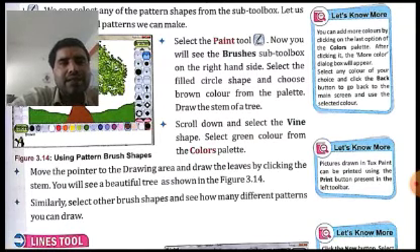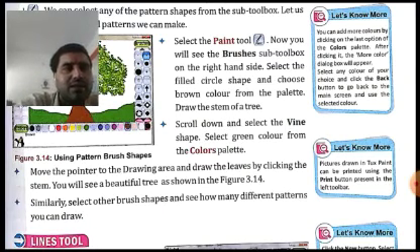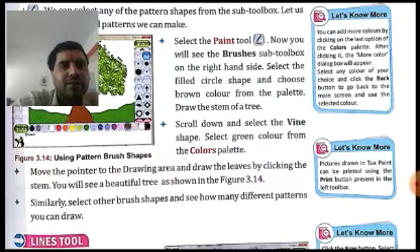You can also add more colors by clicking on the last option of the colors palette. See, the colors palette has a More option. Using this More option, we can add more colors to the colors palette. After clicking it, the More Color dialog box will appear. We can select any color of our choice and click the Back button to go back to the main screen and use the selected color.